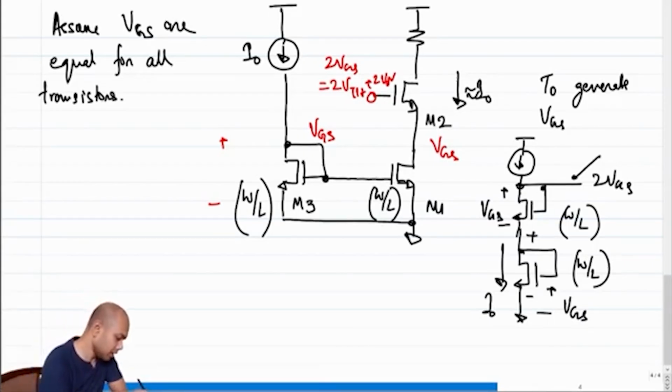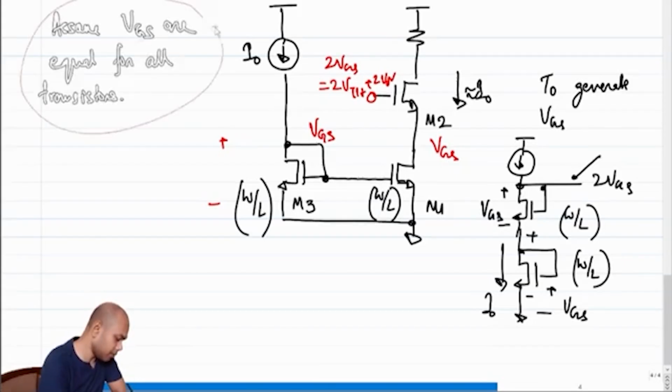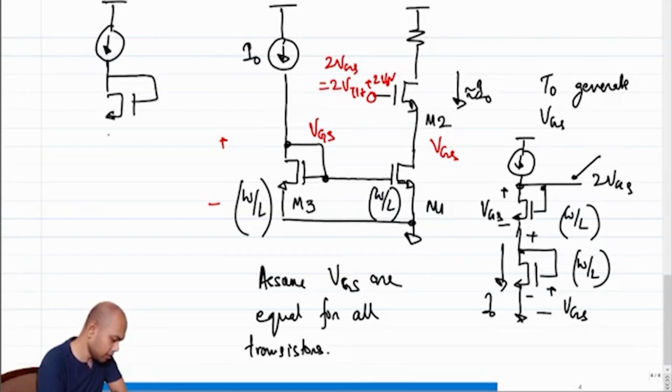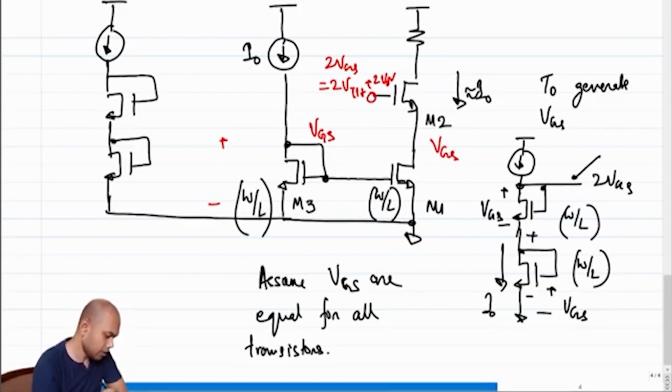So what we can simply do is copy this guy here, so this gives me one VGS, this gives me another VGS, and what we simply need to do is to connect these two nodes,